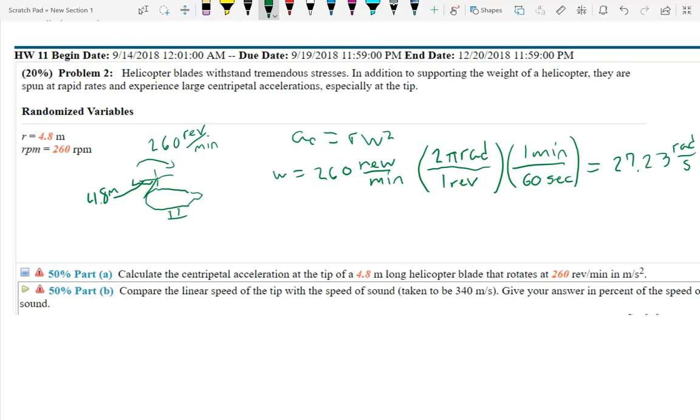Okay, so with that information, we can then plug it into this equation: centripetal acceleration is equal to 4.8 meters times 27.23 radians per second squared. And that gives us